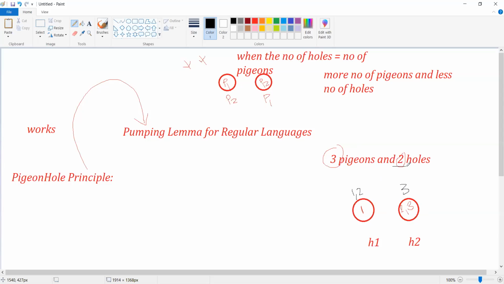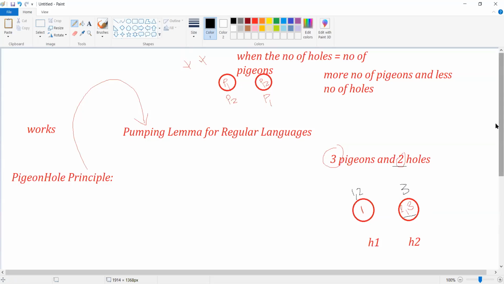As we have only two holes, it is not possible to place three pigeons within them, so we place more than one pigeon within a single hole. The same principle we are going to use in our pumping lemma also.